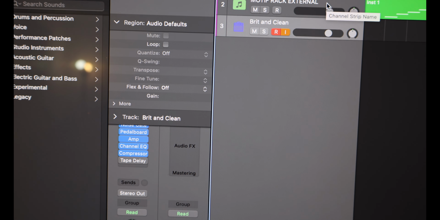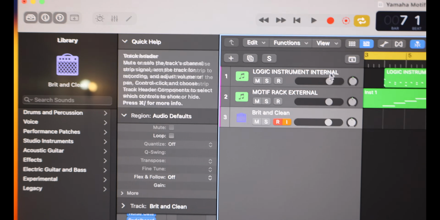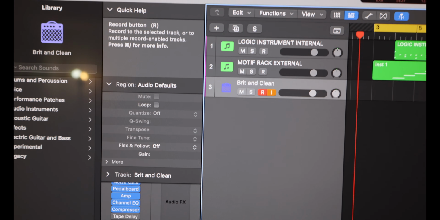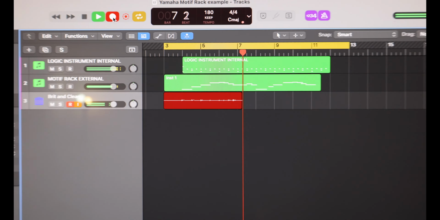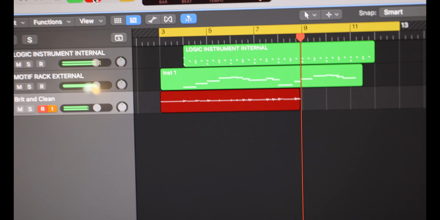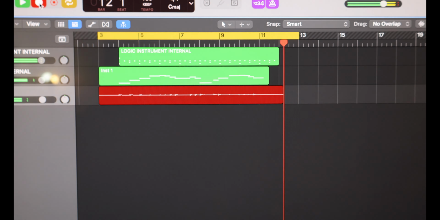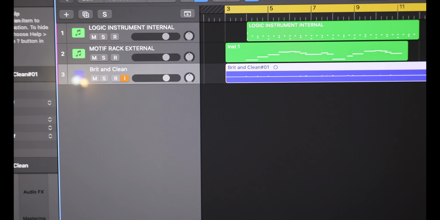We're going to record it down here. So when I hit record, watch what happens. It should start printing. It's called printing an audio track. My arm's killing me. Okay, so we stopped it. So it printed an audio track. Now watch what happens when I mute the Motif Rack external